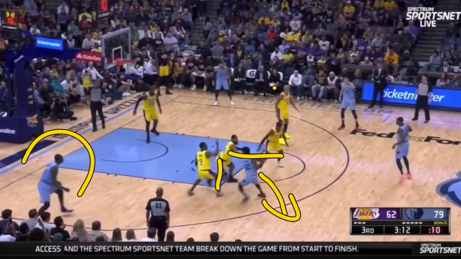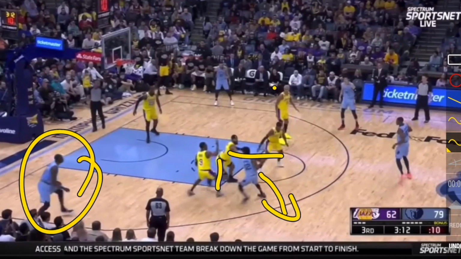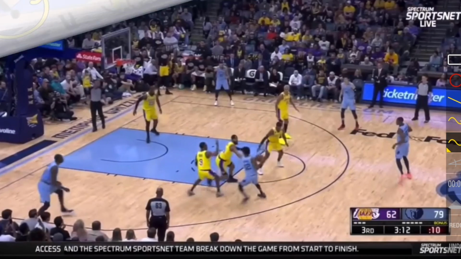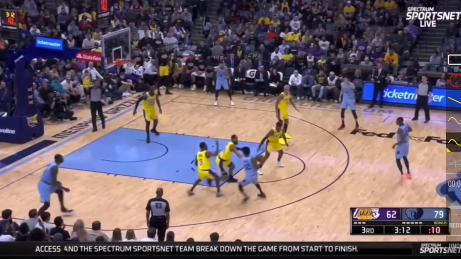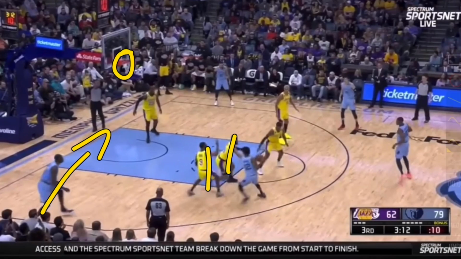Now, if you're this player, you need to do one of a few things. First, what I want to see you do is to call for the ball out on that three-point line, especially if you're a three-point shooter. If you're not a three-point shooter, then you could start cutting towards the rim depending on which players are defending the ball handler. If they're taller, then generally speaking, you want to go as wide as possible. If these two players are shorter, then I'd be cutting towards the rim and looking to either score or make